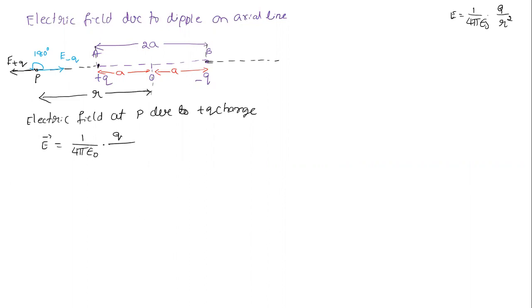Now tell me, students, what is the distance from A to P? Look at the diagram clearly. Can we write A to P like this: O to P minus O to A? O to P is R, minus O to A, which is A. It will be R minus A, right? That is A to P. Yes or no? So the distance we take here is R minus A, and its square is the distance square.